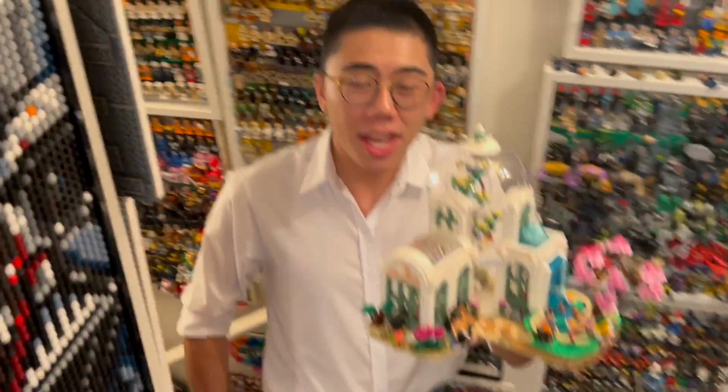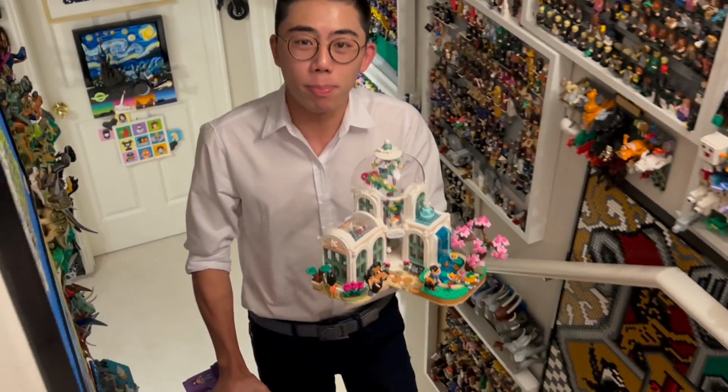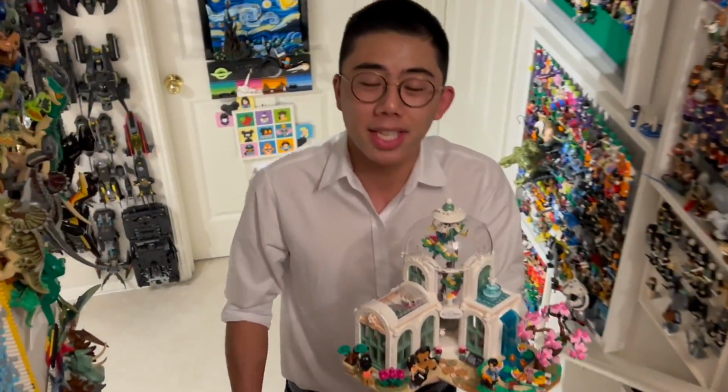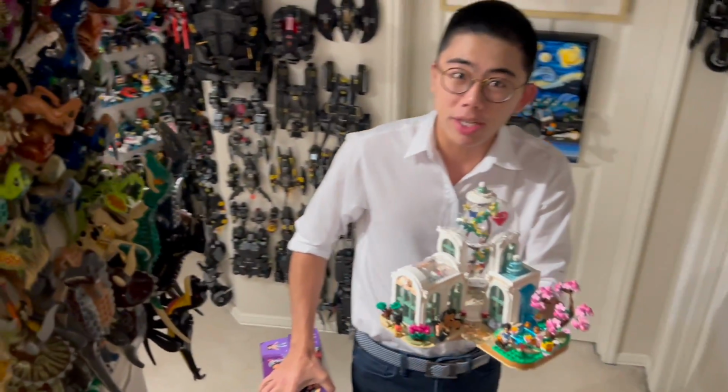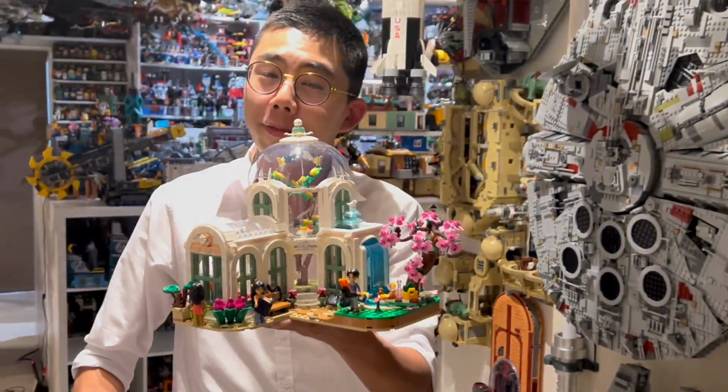I'm Chris, and this is the brand new LEGO Friends Botanical Garden. It is one of the most beautiful looking LEGO buildings that we've honestly ever gotten in a standard retail LEGO set. The architecture is really cool. It comes with all sorts of new recolors, plants, and animals, and is a very unique style of building, but